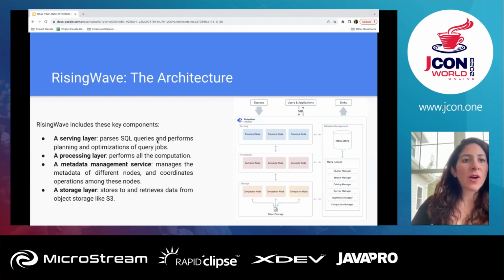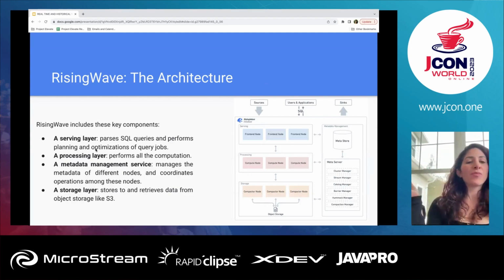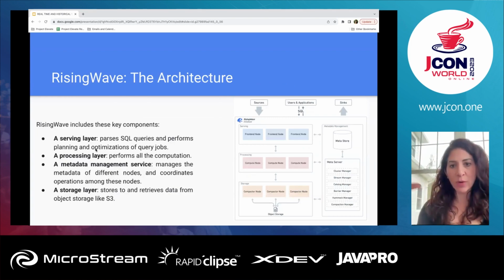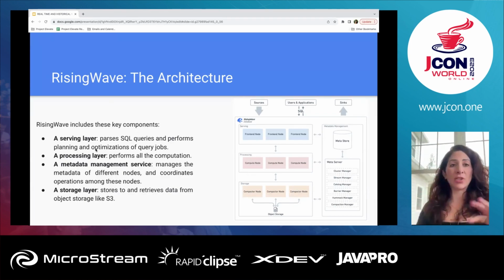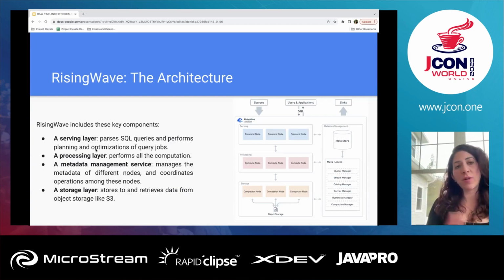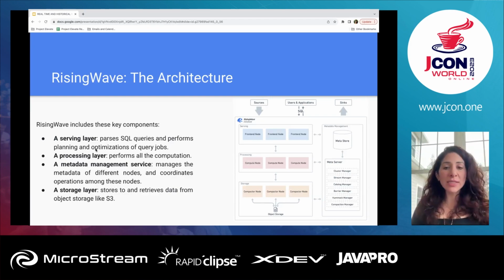Okay, the architecture. I'm talking about the RisingWave architecture for this. It's broken down into different key components. I think it's pretty straightforward if you're used to understanding stream processing architecture, but I'm assuming some of you might be new to this. First, you have the serving layer. This parses SQL queries and then performs planning and optimizations of query jobs, which is very important for speed and also cost efficiency. Then you have a processing layer,